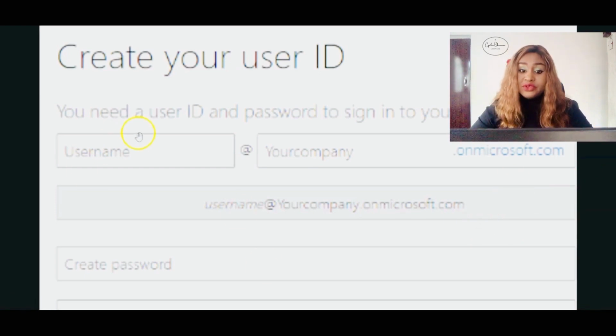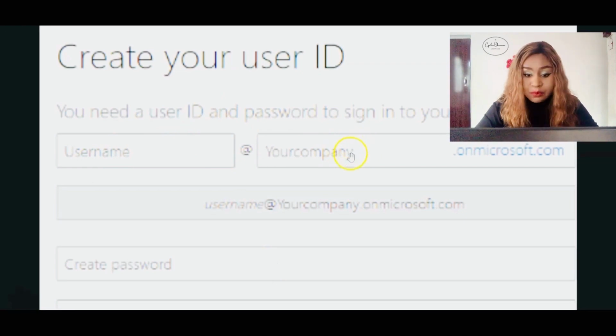For me, I'm using Desert as the name of the company, so you input Desert here. What you should now have is admin at Desert, which is the name of your company, dot on